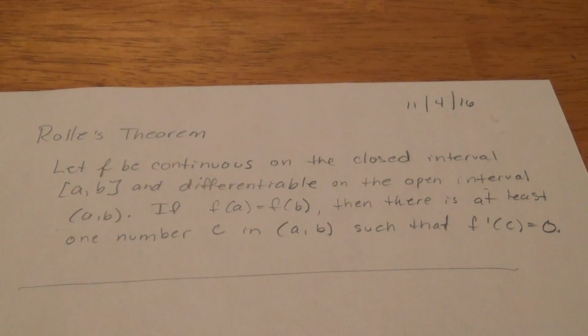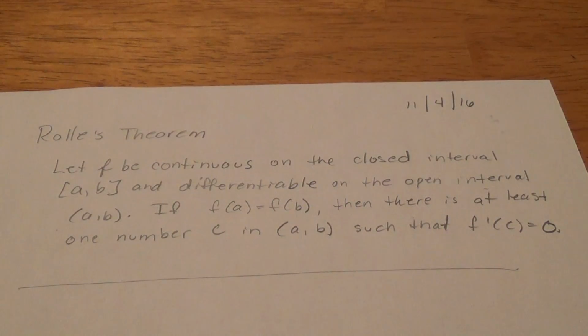It is often taught after the extreme value theorem. And the extreme value theorem, you'll recall, says that for a continuous function on a closed interval, there must be both a minimum and a maximum on that interval. Both of the values could occur at the endpoints, and we check for the absolute max and min by looking at the endpoints and those places where the derivative either equals 0